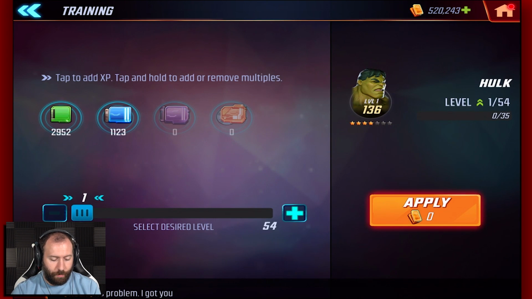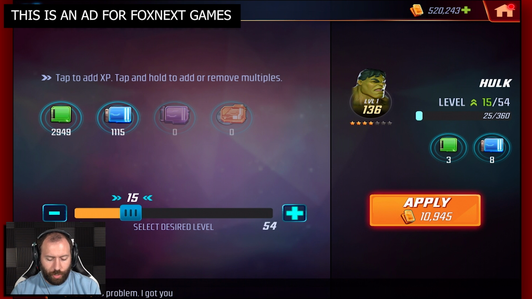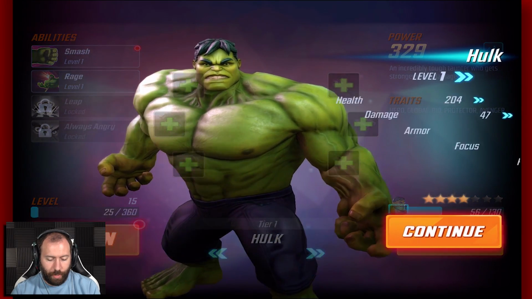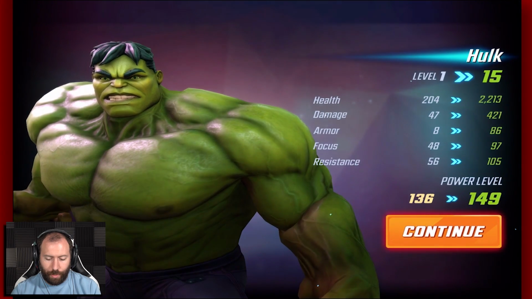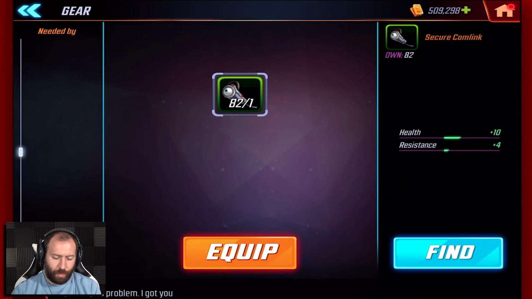So if I train him, let's put, I don't know, 15 levels into Hulk. It costs various XP currency to level up there. But let's just get him to level 15. It costs almost 11,000 credits, 8 blue training modules, 3 green training modules. We'll apply that. And you'll see that those yellow plus signs turned green, which means I can go in and